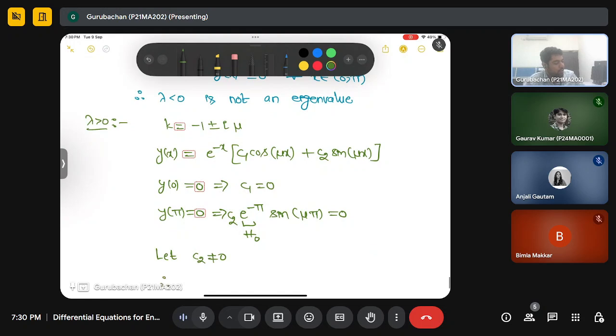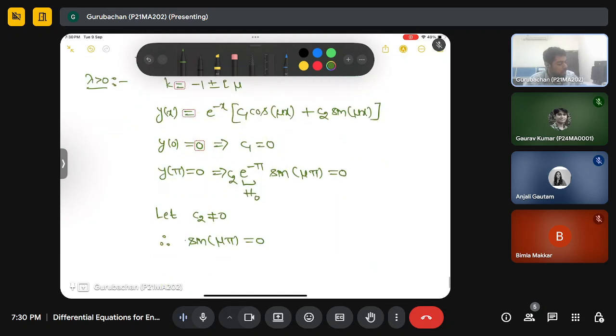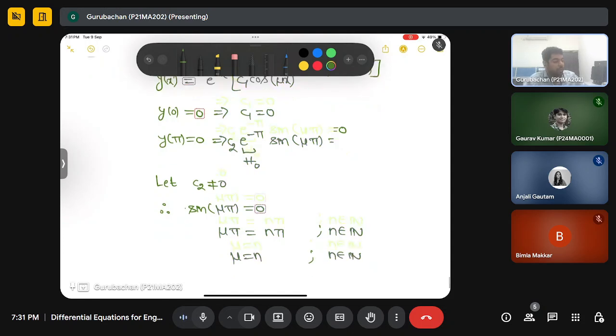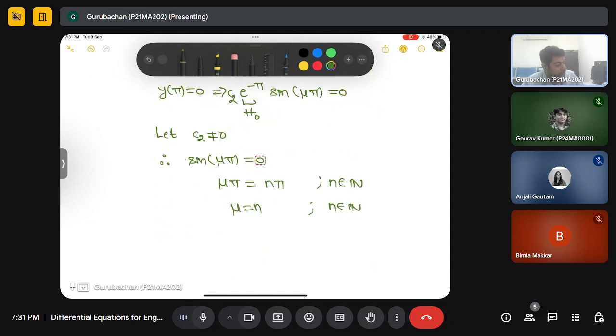Therefore, we are left with the case sin mu pi is 0. Sin mu pi is 0 means mu pi must be some multiple of n pi, where n is a natural number because we want mu to be positive. So from here, mu is exactly n for the eigenvalues, and because c2 was arbitrary,